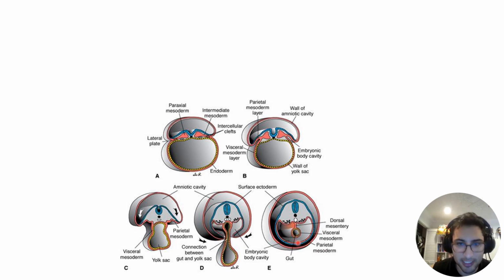What I want to draw attention to is how this is parietal mesoderm, this is visceral mesoderm, and there's a part where they meet. So that area where they meet, it's going to be a double layer called the dorsal mesentery. So it's double layered. Why is the mesentery a double layered membrane? Because it is where the visceral mesoderm and the parietal mesoderm fuse. All right, and the dorsal mesentery extends from the caudal limit of the foregut, so bottom part, toward the